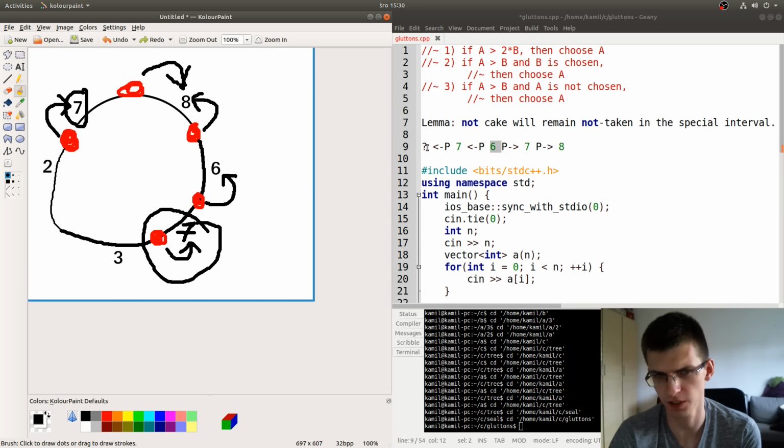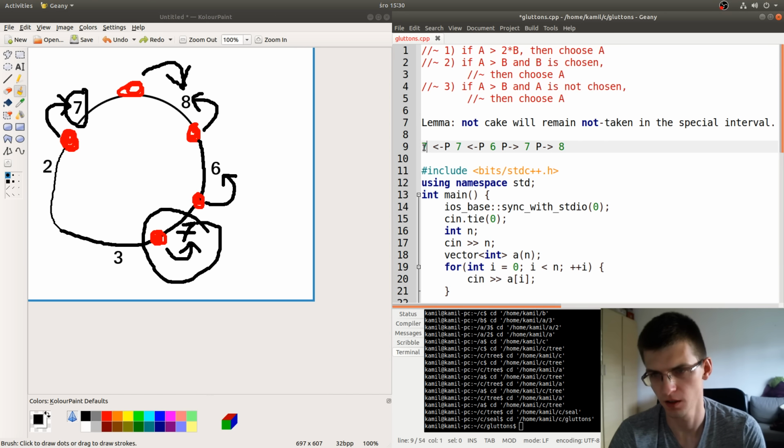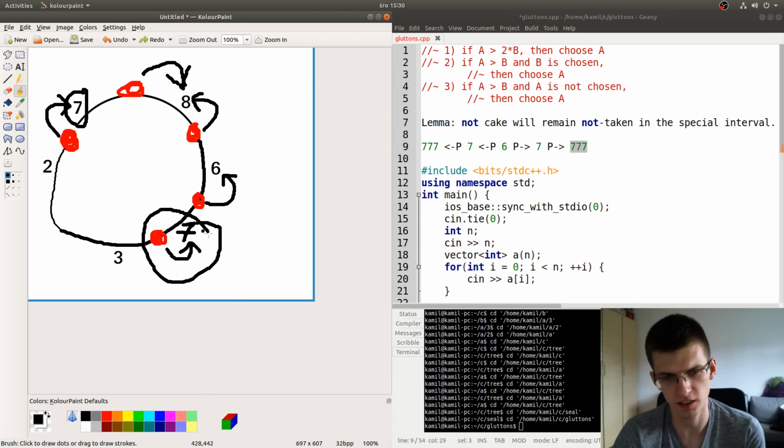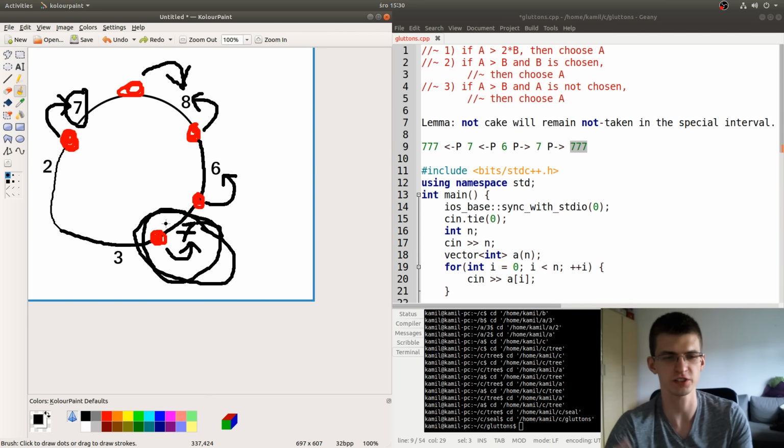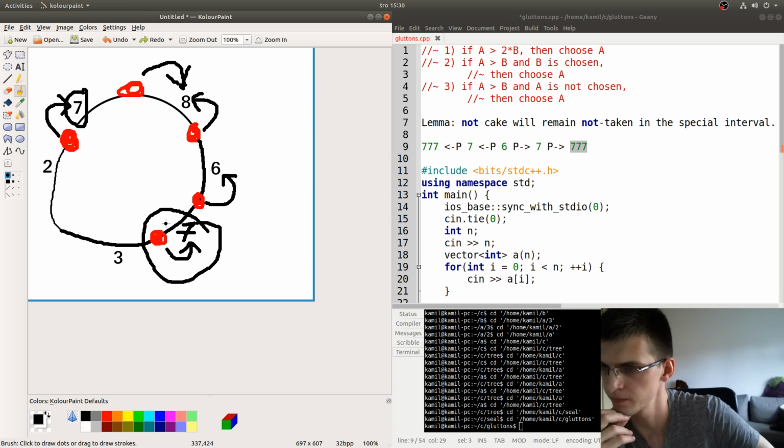Because here, for example, let's say that these 3 7s denote exactly this special case, things taken in the first phase already. So I think it's a perfectly valid scenario. I don't see an issue with that. So there could be a cake that is not taken at all.